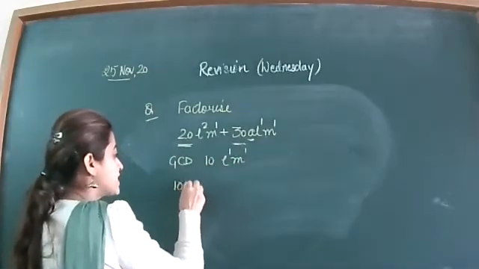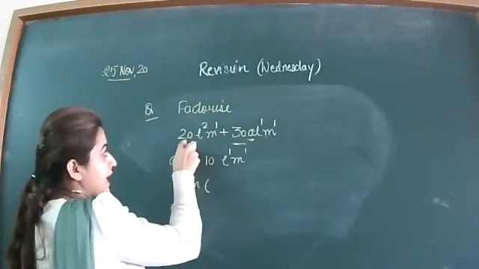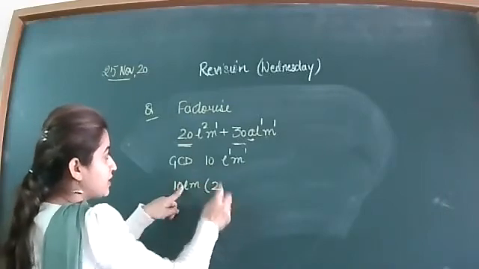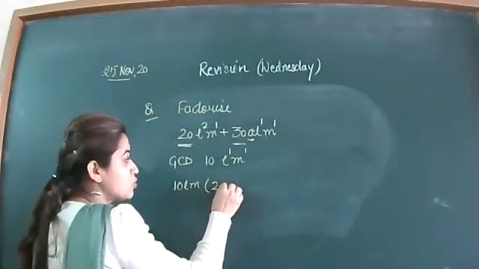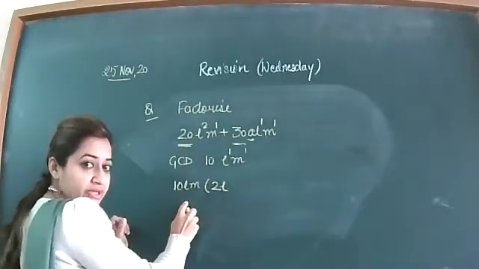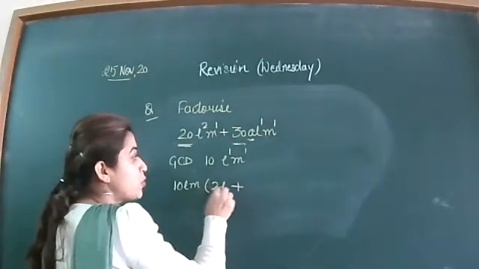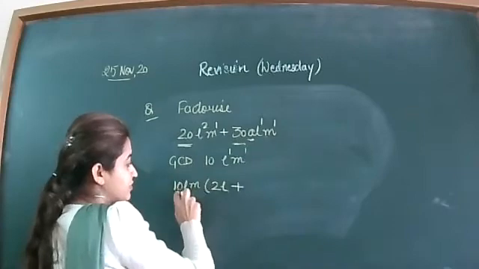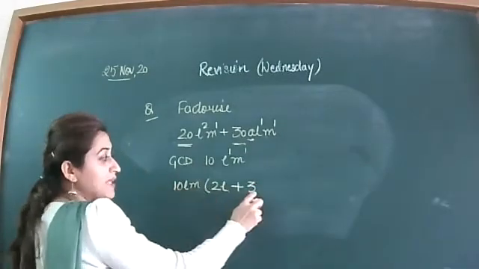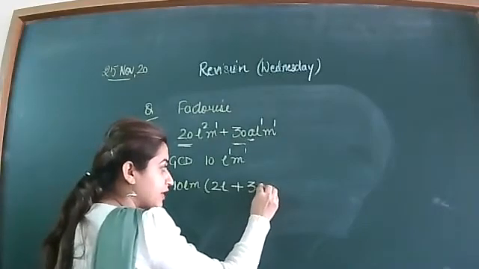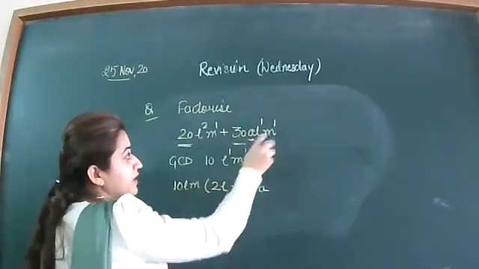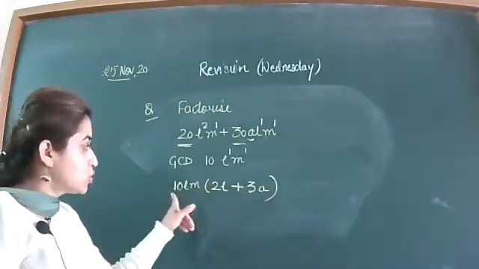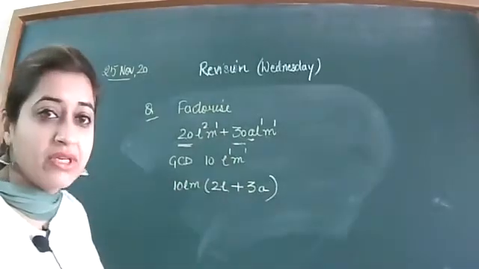Out of these two terms, let's take 10LM common. If you take 10LM common, 10 twos are 20. L you have taken out. From L square, you have taken L common, so 1 L is pending. M you have already taken out. So only 2L will be the leftover part from the first term. From the second term, when you take 10 common, 3 will be left because 10 threes are 30. A will be left here. L you have already taken out, M you have taken out. So only 3A will be left from the second term. So these are the factors of this given question.